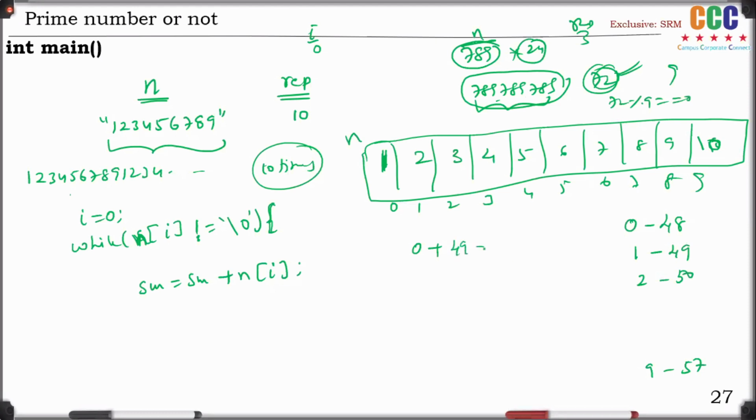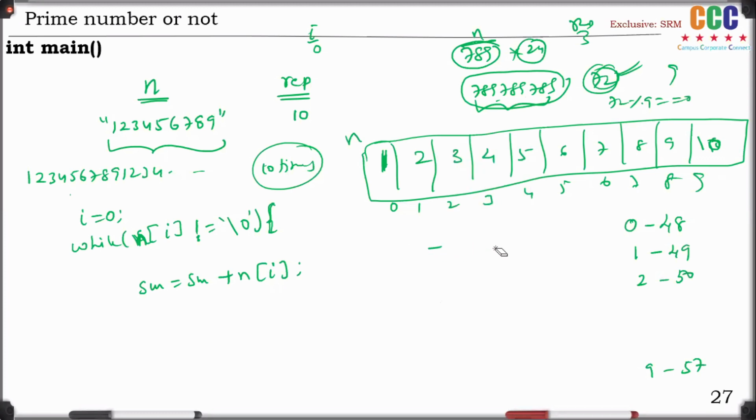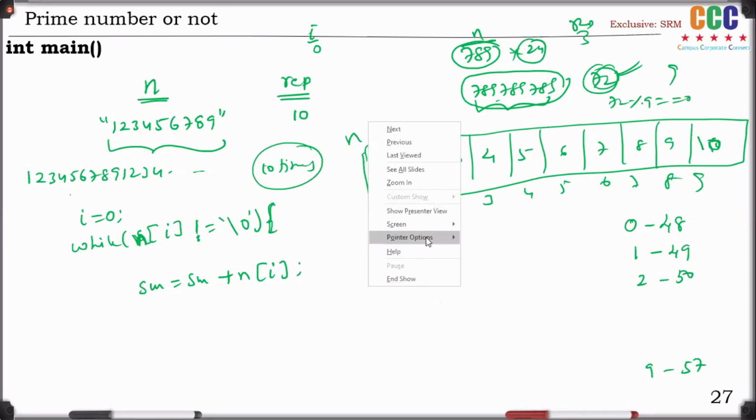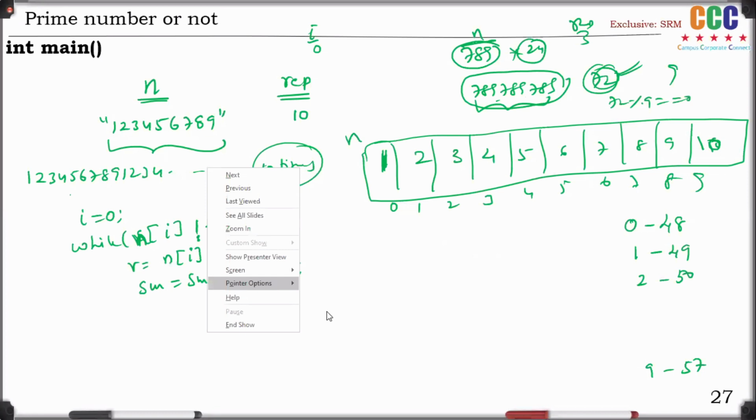Therefore, 49 will be added. Okay, that's not the right way. Then how to make it as 1? If 1 is there, I have to consider that as 1. That's why take an R variable. R is equal to n of I minus 48. Now in this case, sum is equal to sum plus R.